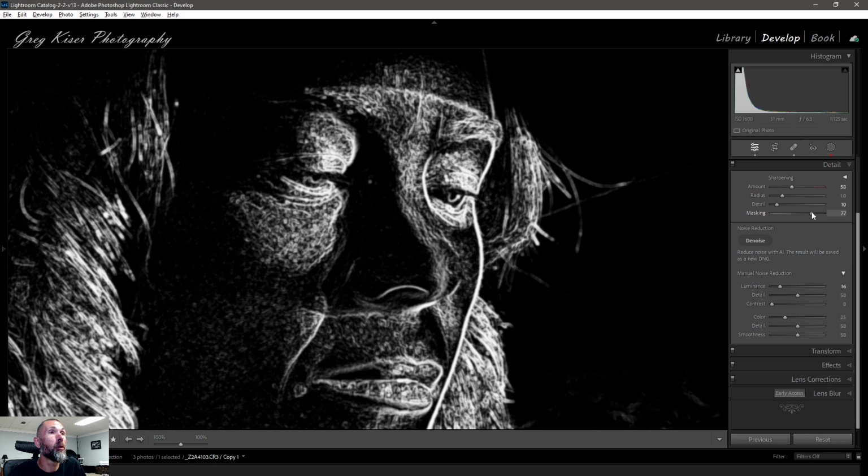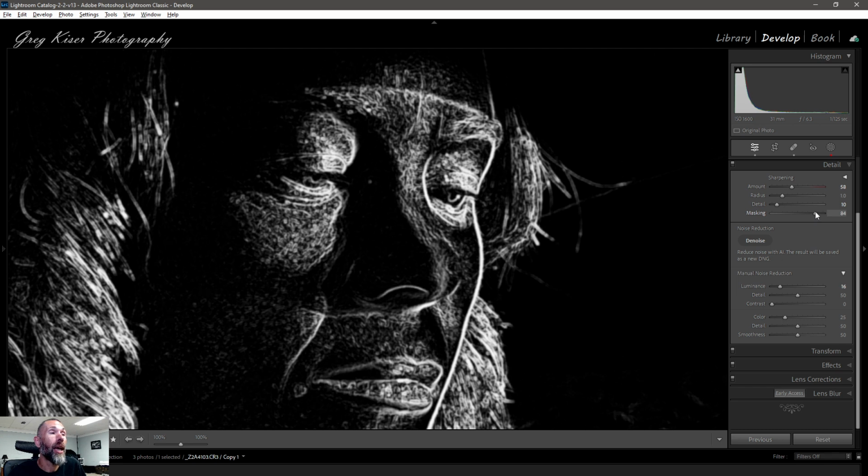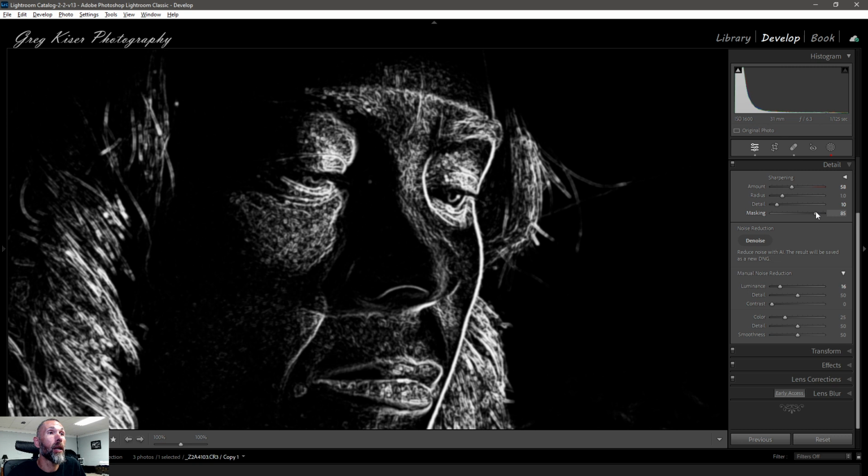And that's what this masking does. Remember, what's white is being revealed, what's black is being hidden. So if it's being hidden, the effect is not going. So everything that's black is not getting sharpened. What is in white is getting sharpened. I don't want to sharpen much because this is a person, and I want to make sure to keep the skin flattering. So something about right there, I'm going to be able to get the eyelashes, I'm going to be able to get the hair that's in focus, I'm going to be able to get those edges that define the face. So a mask of 85,